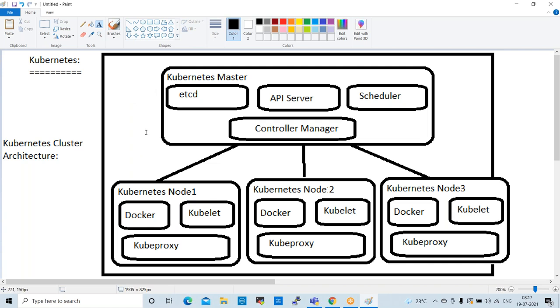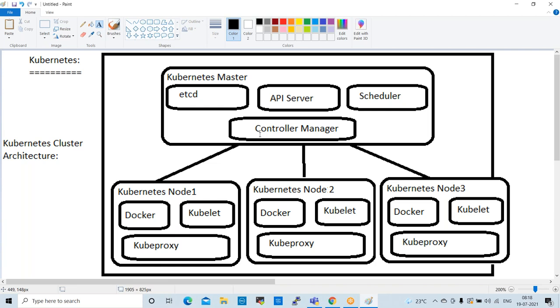So the controller manager will manage all the configurations, all the pods, all the nodes. It will always monitor. So this is the main component in the Kubernetes master. The controller manager always monitors whatever failures are there.